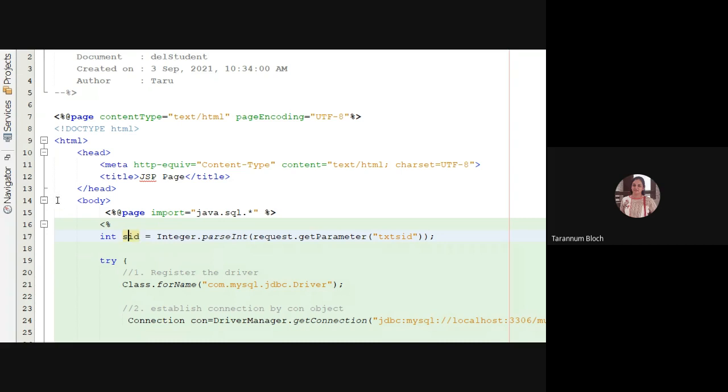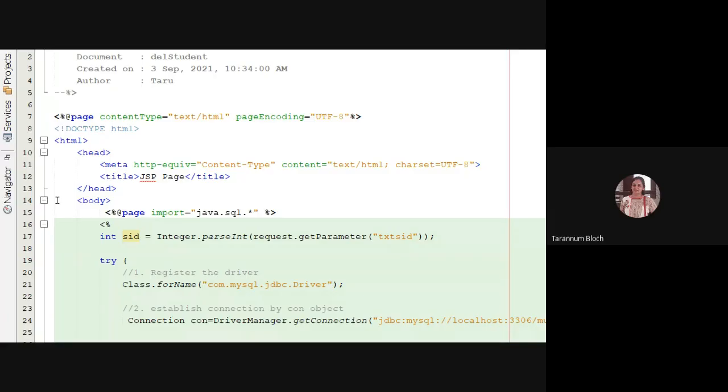So I'm saying Integer.parseInt. And now it is available in the local variable SID. Inside a try and catch block, again we are performing. The first 2 steps are common as we discussed previously, but from step 3 onwards, we will have the dynamic query. So we will take PreparedStatement. We created object PS.